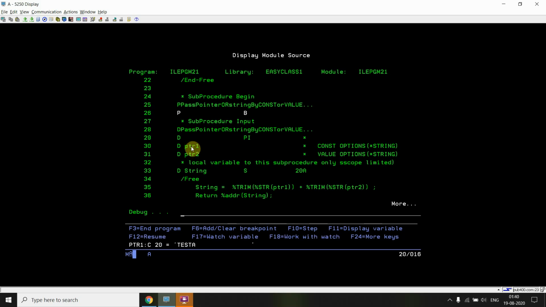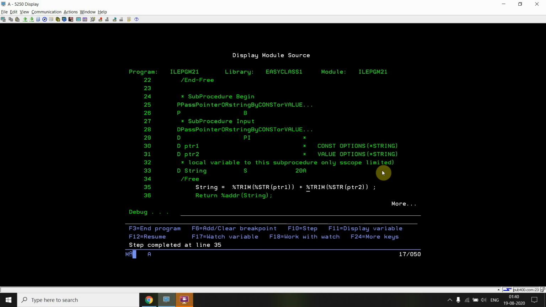We can see that the address held by pointer 1 has the value test A. In the case of ptr2, the address holds test B. So this time I passed the pointers, meaning the addresses.